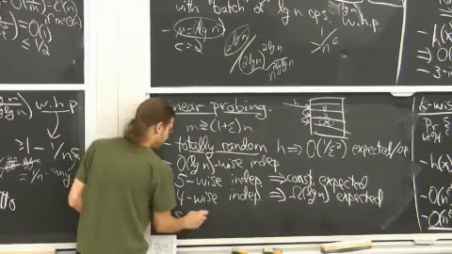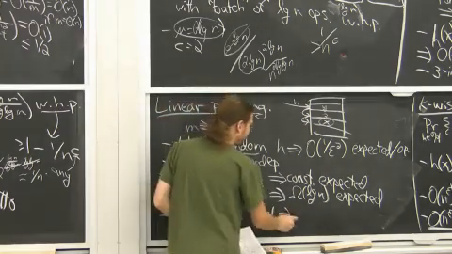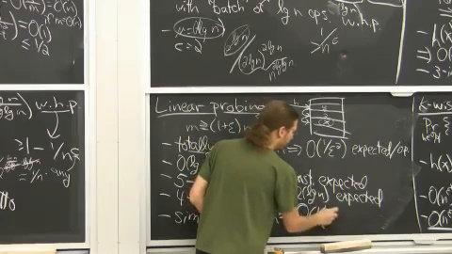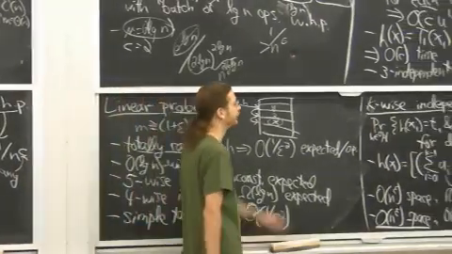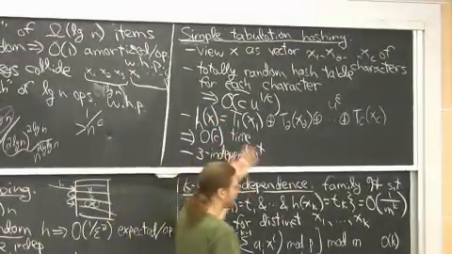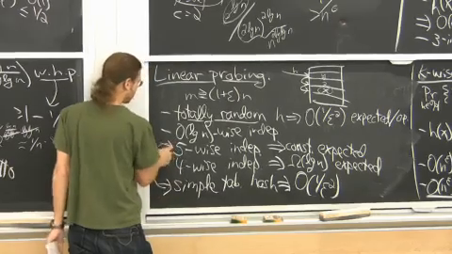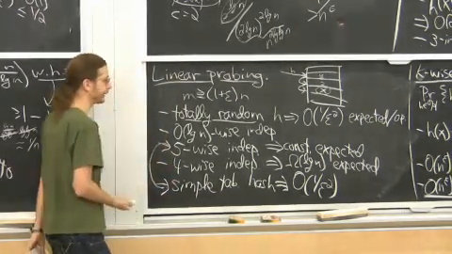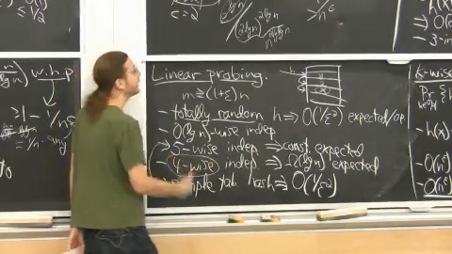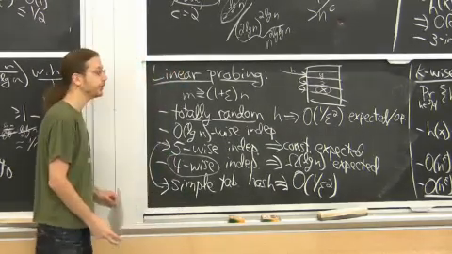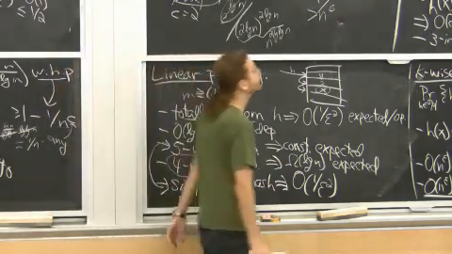And the other fun fact is that simple tabulation hashing also achieves constant, and here it's known that it's also 1 over epsilon squared. So it's just as good as totally random. Simple tabulation hashing is nice because again, this is simple, takes a bit of space, but both of these have that property, and so these are good ways to use linear probing in particular. So you really need a good hash function for linear probing to work out. If you use a universal hash function like a times x mod p mod m, it will fail. But if you use a good hash function, which we're now getting to the point where this is super simple to implement,